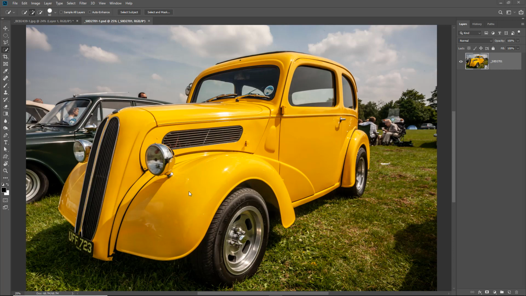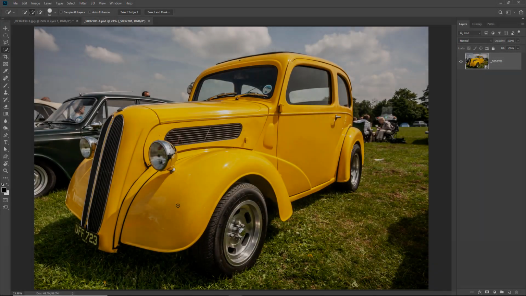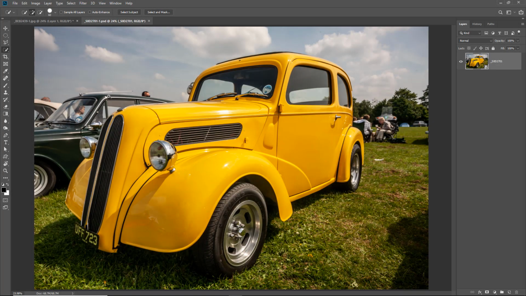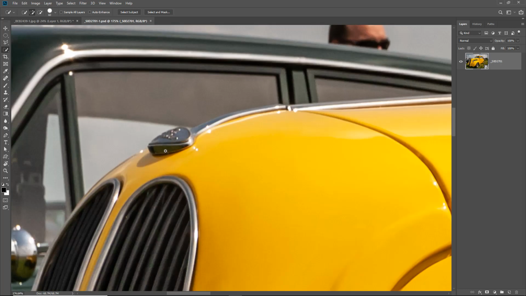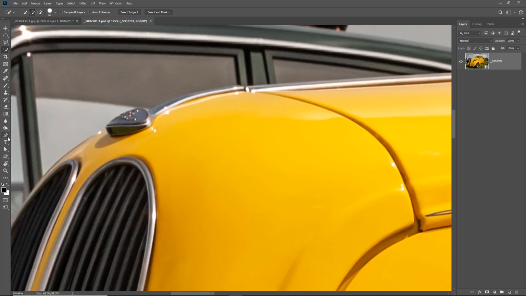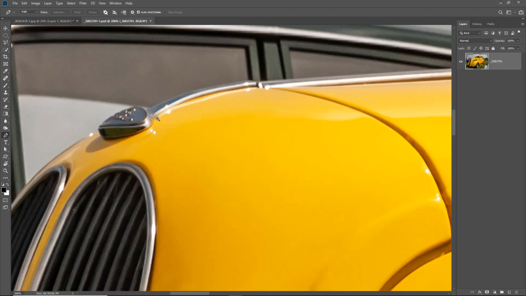We can use it though very similar to the polygonal lasso. Let me demonstrate with this old car. I'm going to zoom in to the bonnet pretty tight and select my pen tool, because we can use this, as I said, in a similar way to the polygonal lasso. I can click to leave an anchor point, but rather than use that method to create curves, I'm just going to move a short distance and click, click, click, click, click, click,